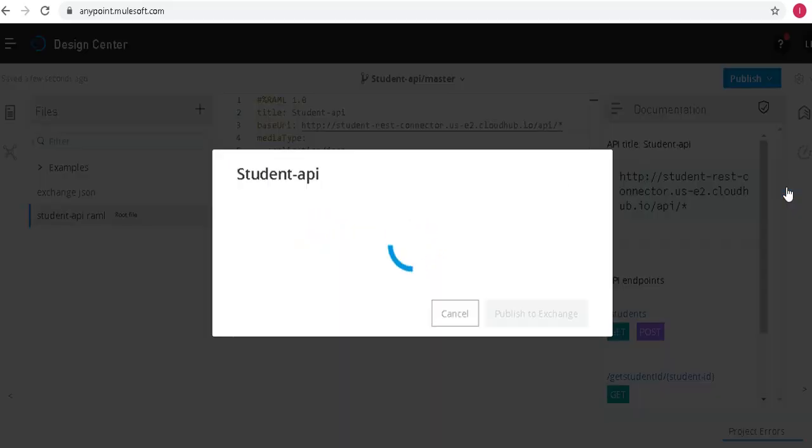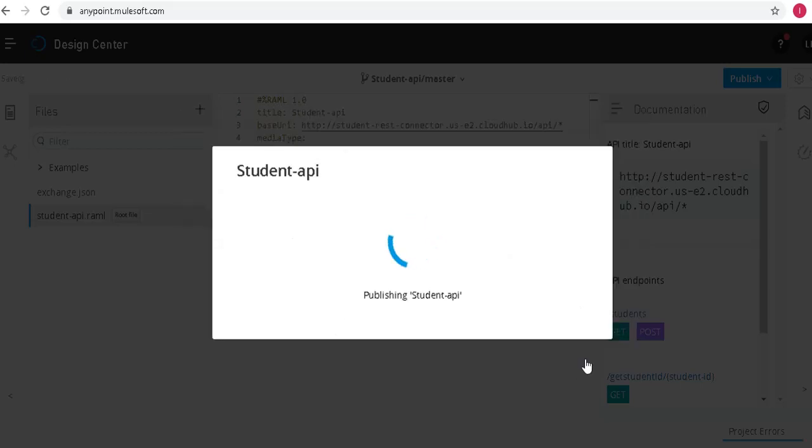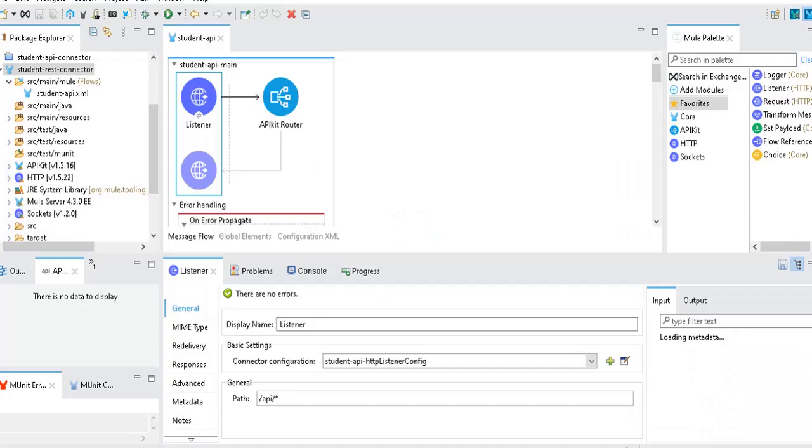So I'm just publishing this to Exchange. My old version is 1.2.2. So this time I will give 1.3.2. So remember this version. This version only we need to take as a connector in our other application. So I'm publishing this. Yeah, this is what I have explained earlier. So for this HTTP connector, by default it will add that base path, right? So you need to add that in that YAML path also.